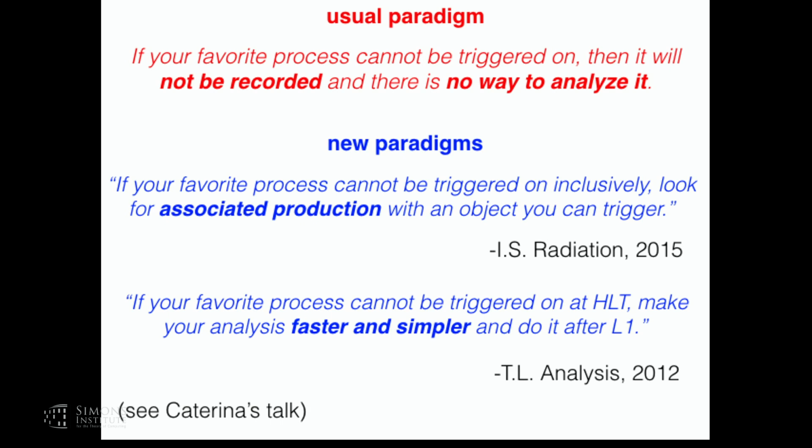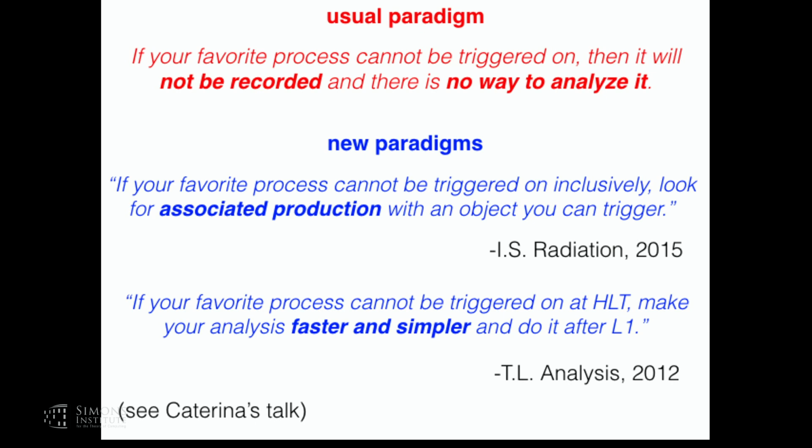So you have the usual paradigm, which is that if your favorite process is not triggered on, it's not recorded, and you lose it forever. There are some new paradigms. One possible way around this is to look for your favorite process produced in association with something else, and then you can trigger on that something else and then look at the thing you like. That's what I call the associated production mechanism. Another one, which is trigger level analysis, is to do your analysis faster and to do it in